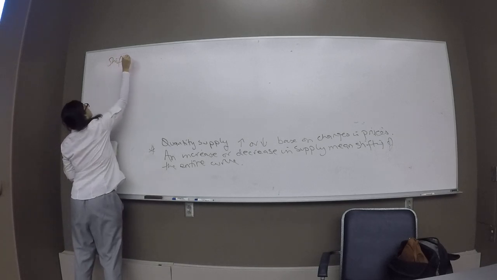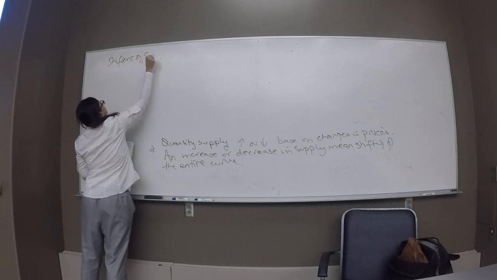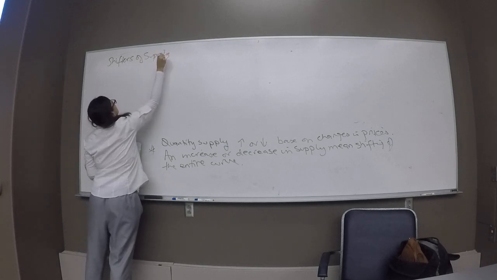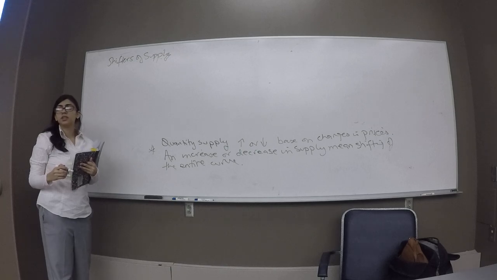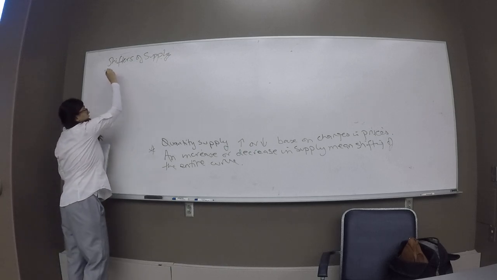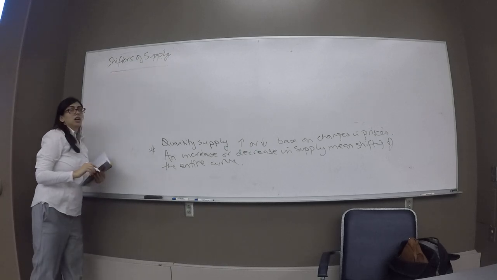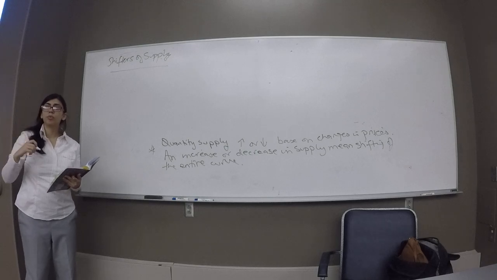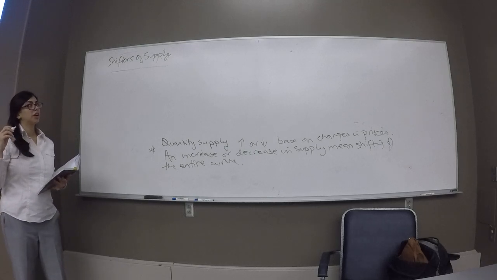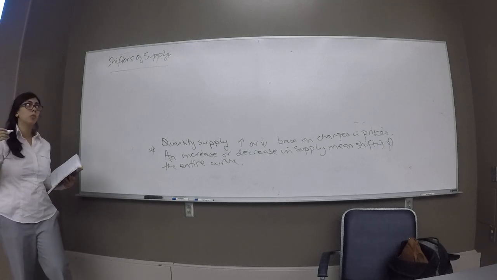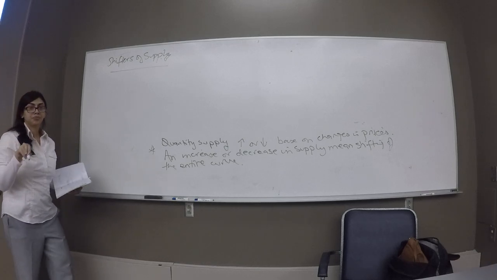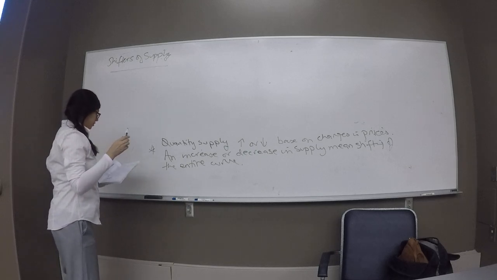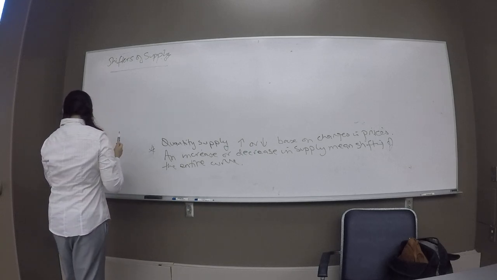Shifters of supply. What are some things that are not constant? You know how in the law of supply it says as price increases, quantity supply will increase, other things constant. What are some scenarios where other things are not constant and the law of supply is not applied and the entire curve actually shifts? So those circumstances are,